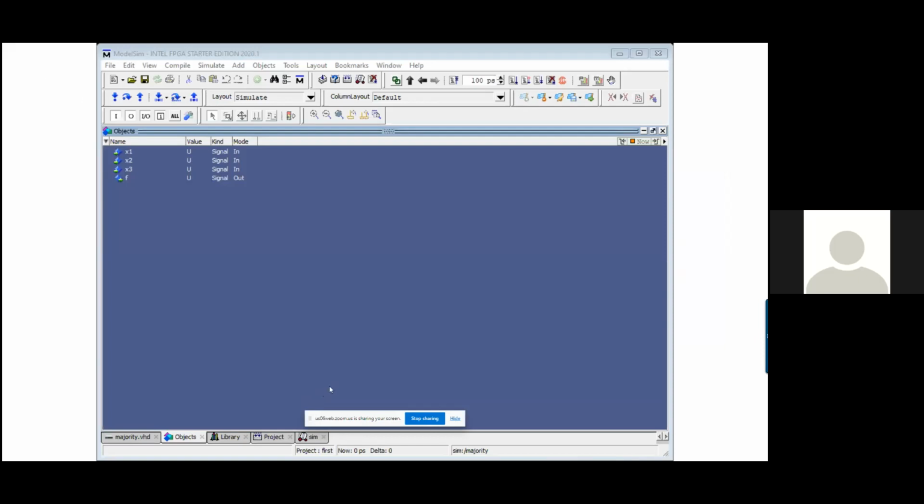First of all, I select X1 and then I give some values, maybe a clock or maybe a predefined standard logic 0 or 1 for a particular period of time. So let me start.